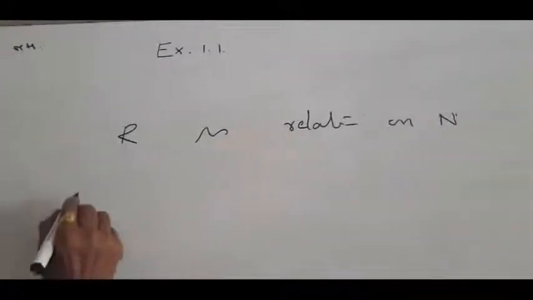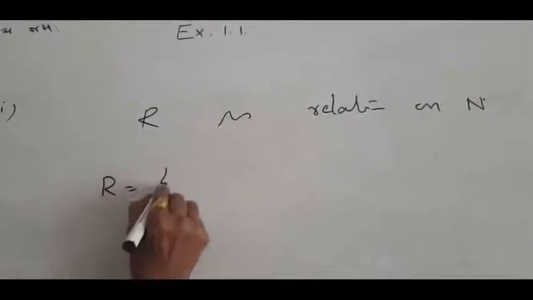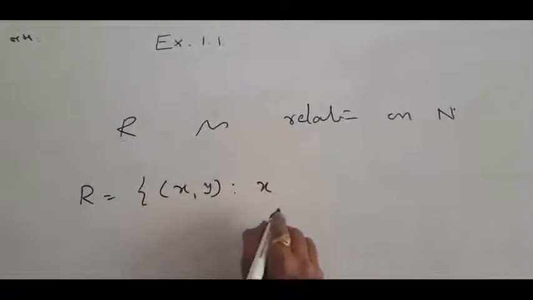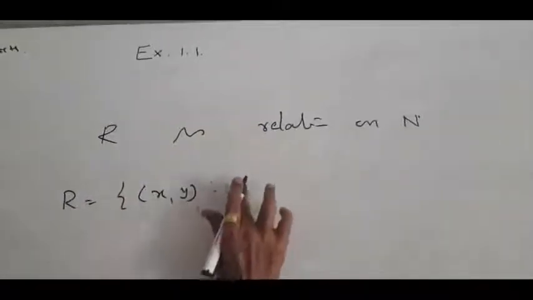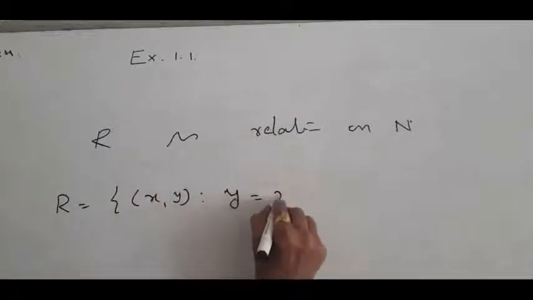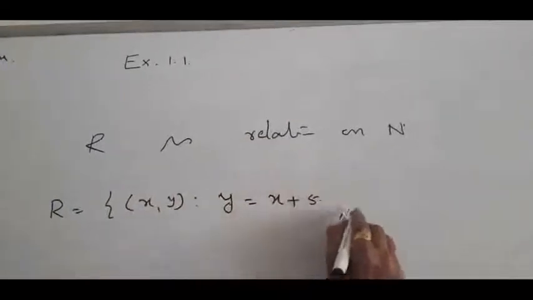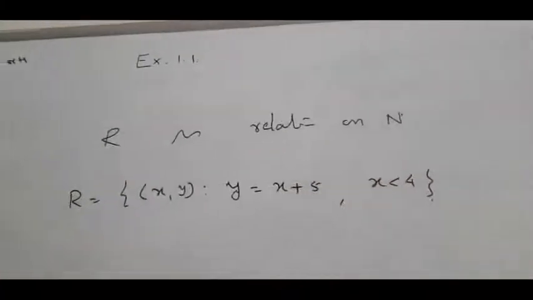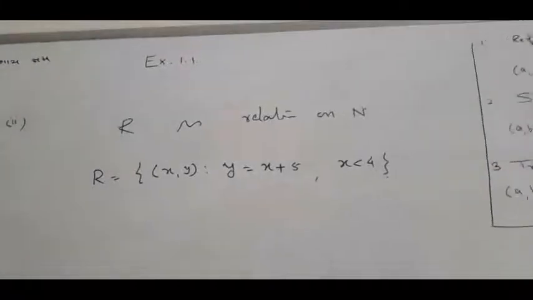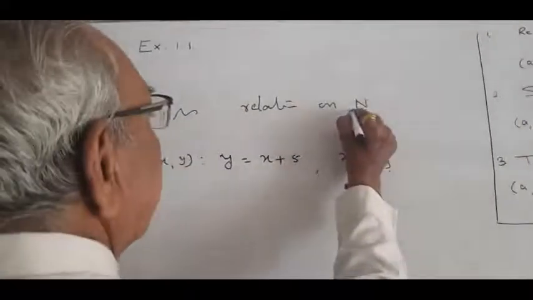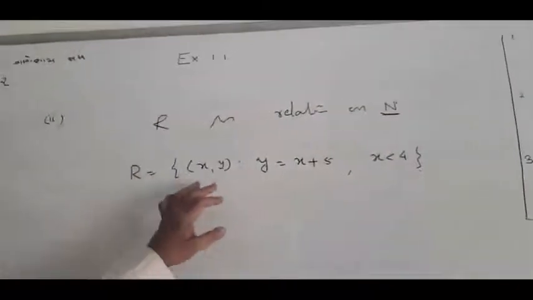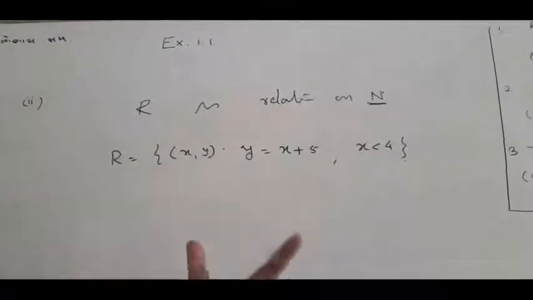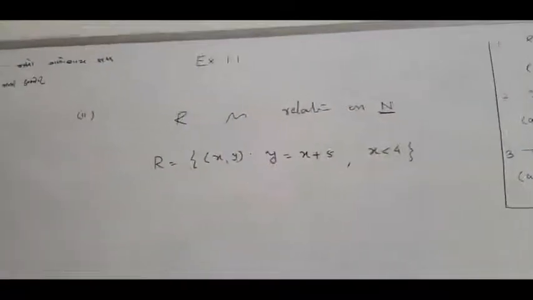where N is the set of natural numbers and R is equal to the set of all (x, y) where y is equal to x plus 5, x is less than 4. Here the set is given as capital N. This x and y are all natural numbers, and this relation is given in set builder form. First of all, we will write our relation